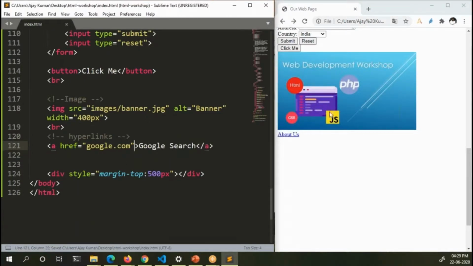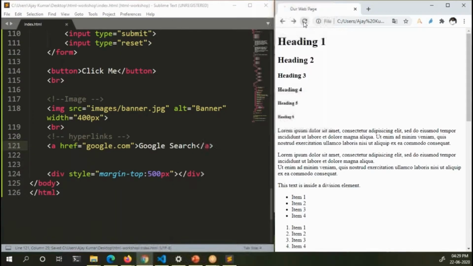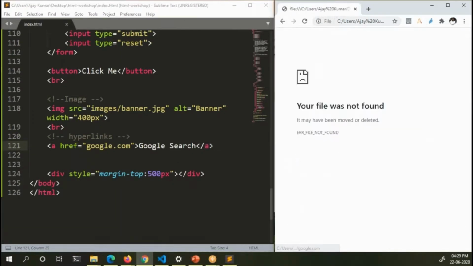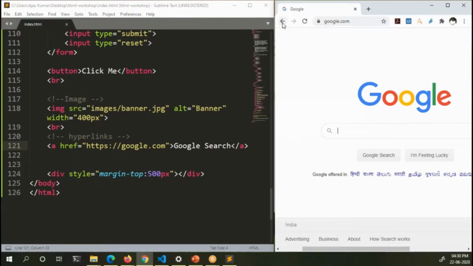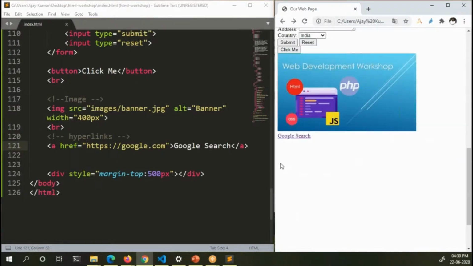Control X, Control V, save, and I'm refreshing. Now, when I click on Google search, we are opening Google search, but here we need to provide https colon slash slash. Now Google will open, the full path.